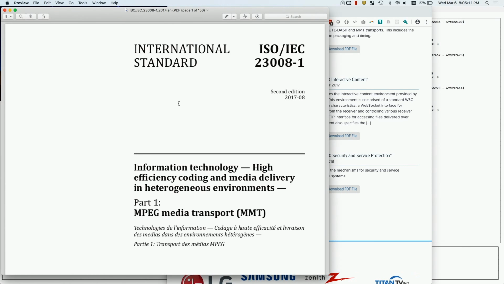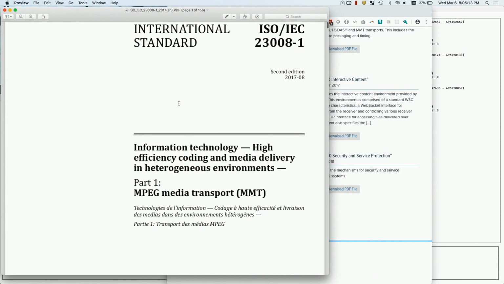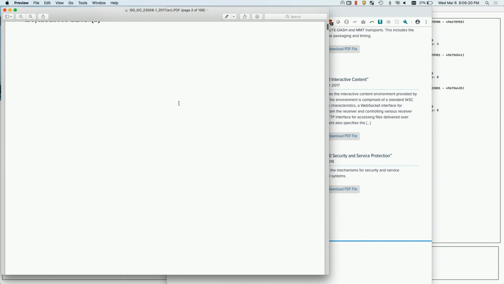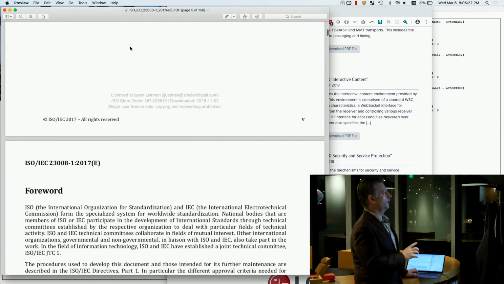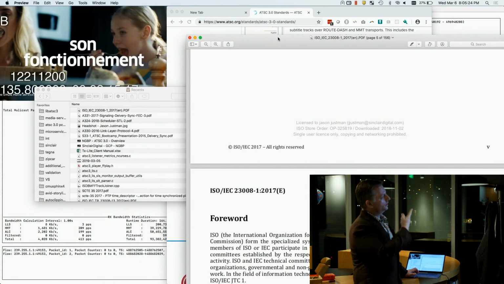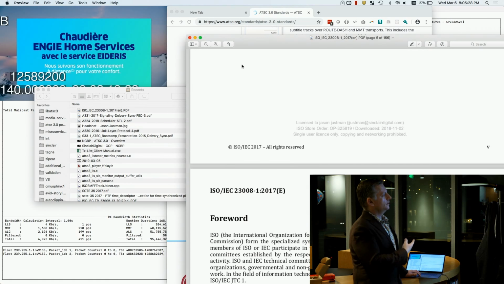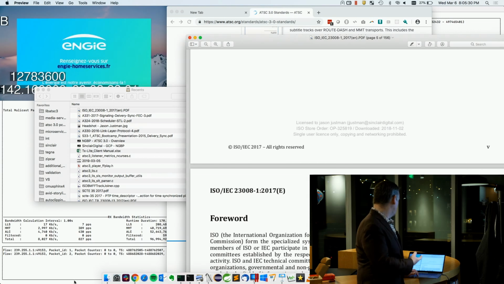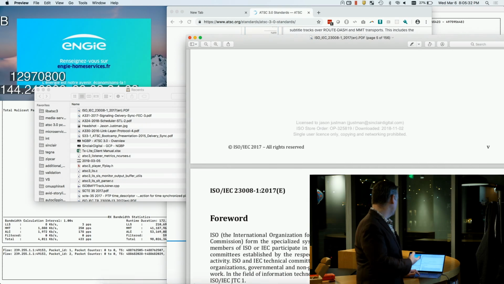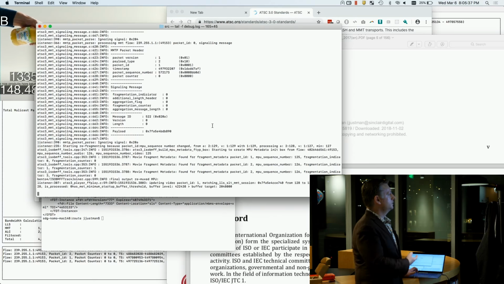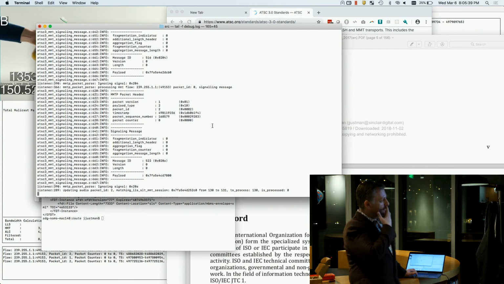But essentially, this document has been under development for 10 years. I have asked everyone I know where there is code for this, and nobody had any. And what I'm hopefully showing you guys right now is this is playing MMT back right here. Behind the scenes, it's reconstituting everything. It's doing all of the pieces that are inside of the specification in real time. This is the data behind it.